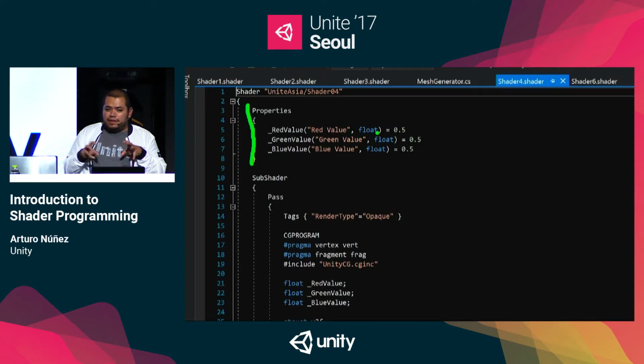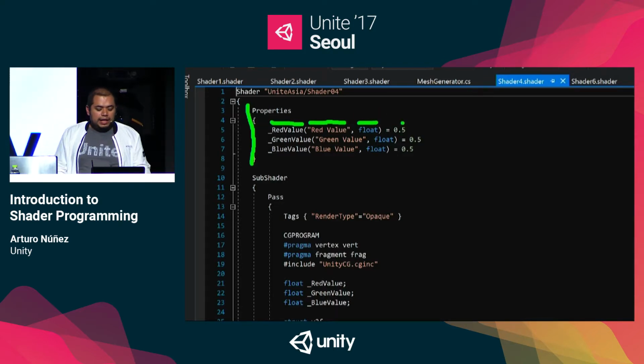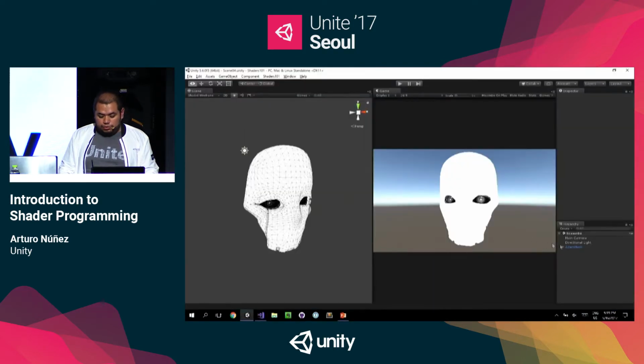So to have a variable to modify stuff in my shader program, I just need to do something like what you see here. I define the name within the program. Here, where it says red value, I define the text that will be shown in the editor, the value type. In this case, I just want to store a float value, and the default value over here. When I have that, if I go to Unity,